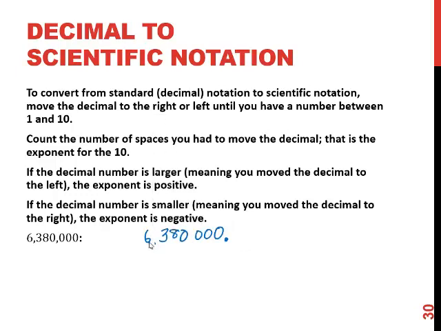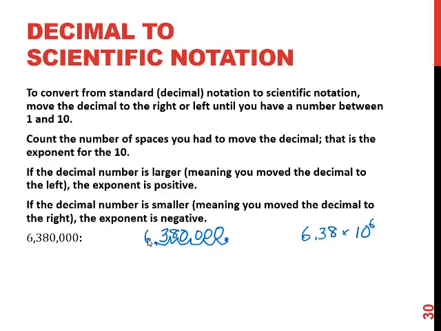That'll give me 6.38. So that's going to be the significant digit part. What I need to do is figure out what this exponent is. Well, how many times did I move it? 1, 2, 3, 4, 5, 6. I moved it 6 times,